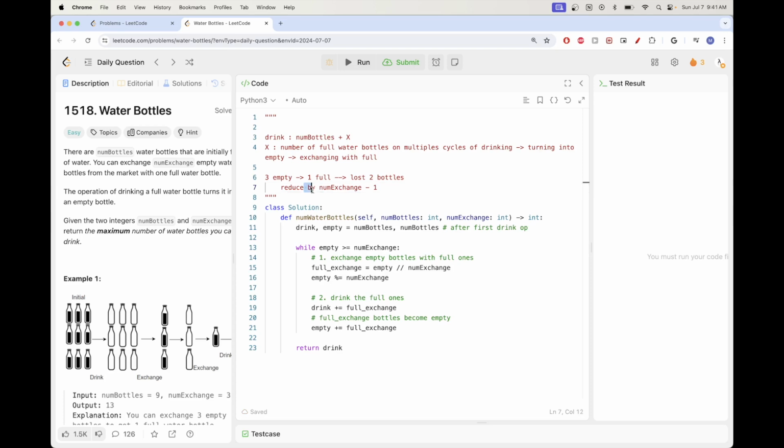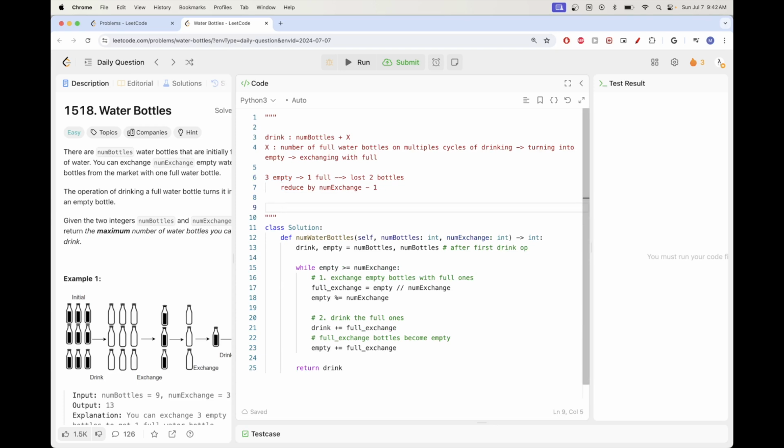You reduce what you have by number of exchange, because the number of exchange turns into 1 full. So let's say number of exchange was 5, then you will turn that 5 into 1. So how many did you lose? 4, right? Now, initially you had,